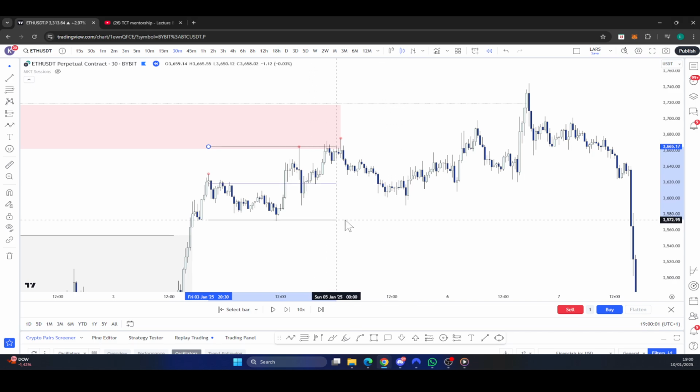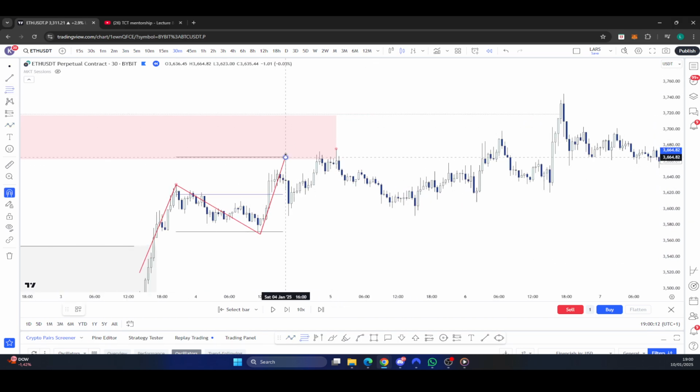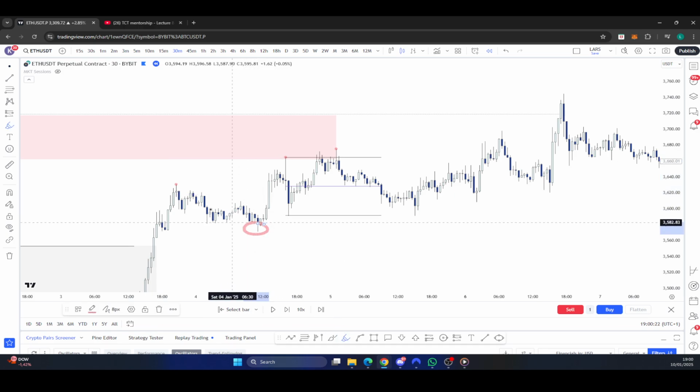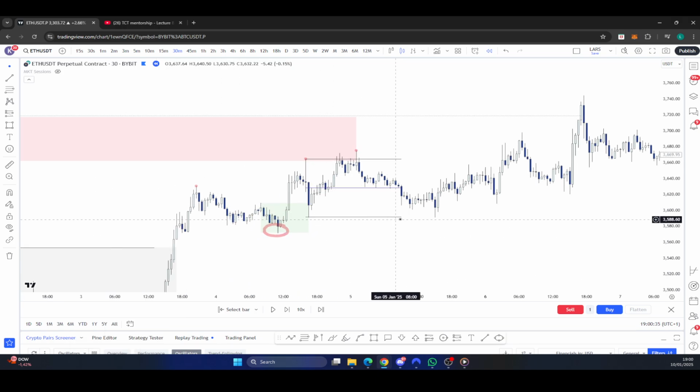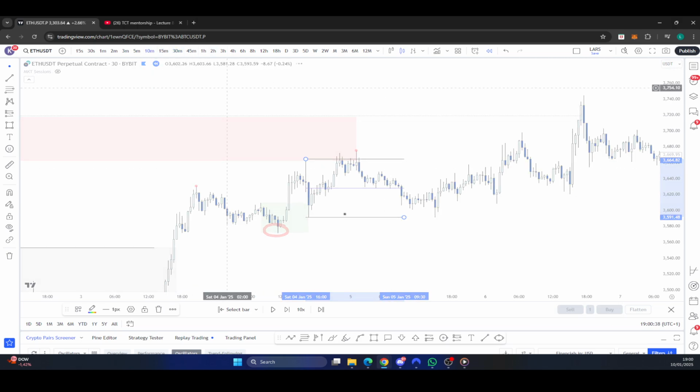Now, initially, I actually looked at this first from a market structure perspective, and I drew my range from top to bottom from that second tap high right here. Why? Simply because this didn't have a proper return to zone building up from the start. You can see right here that we actually had this sell to buy that left behind demand right here. That price ended up bouncing from, and then only from that point on the lower time frame right here, we